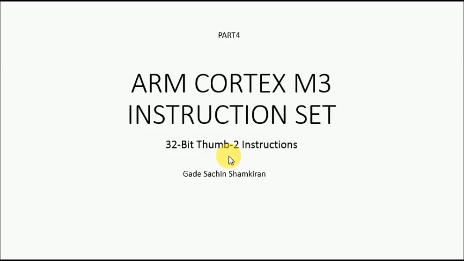You remember one thing: the ARM Cortex-M3 is not downward compatible, so we have to write the program especially for the ARM Cortex-M3. But the Thumb instructions of the ARM7TDMI can run on the ARM Cortex-M3, while Thumb-2 instructions are not able to run on the ARM7TDMI.